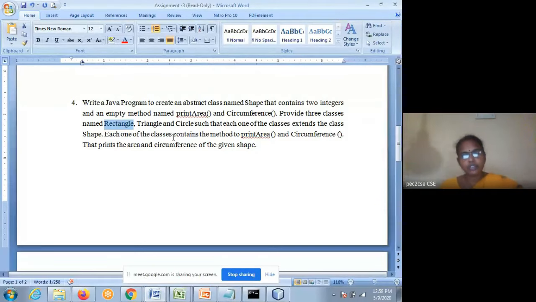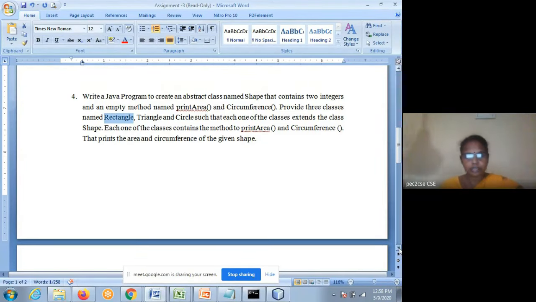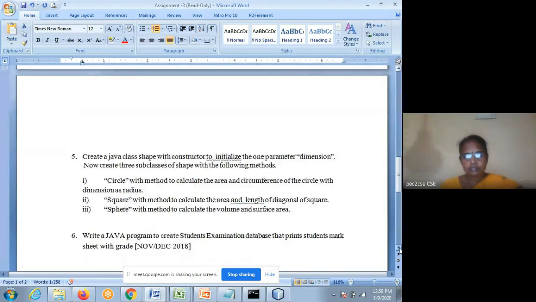So in the last class, what you have to do? You have to define one class. There you should have the main method, and you have to create an object of rectangle, triangle, and circle. You have to call the methods print area and circumference, which are present in all these three classes. Okay. And the last one,